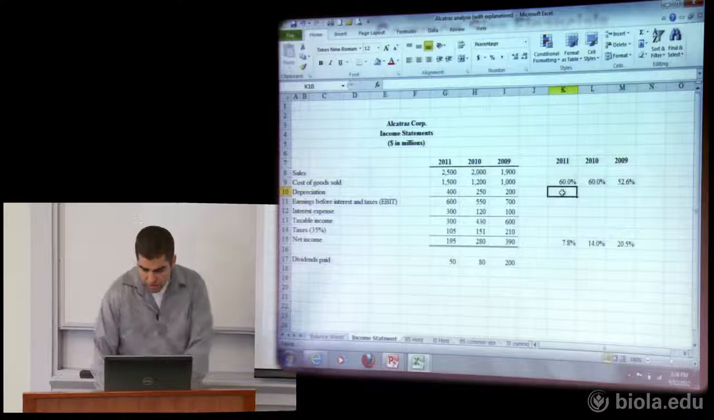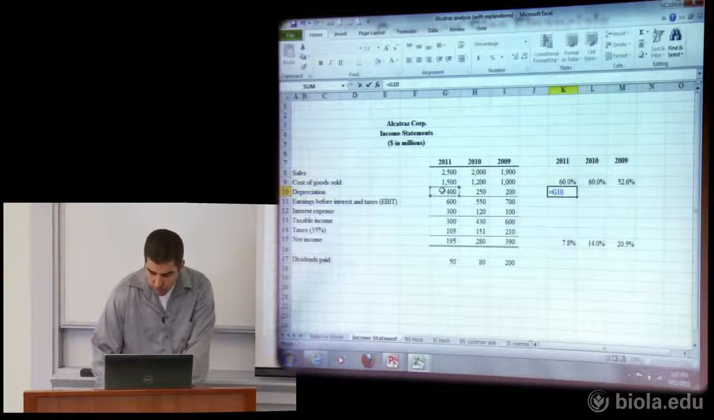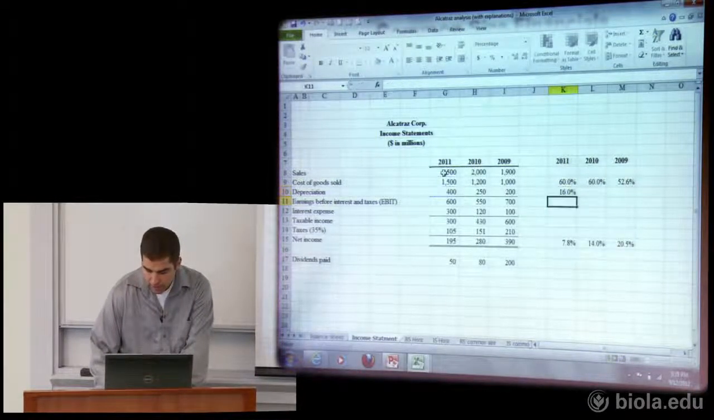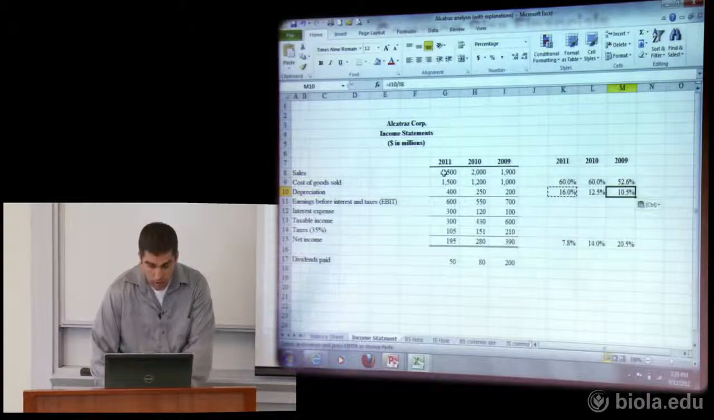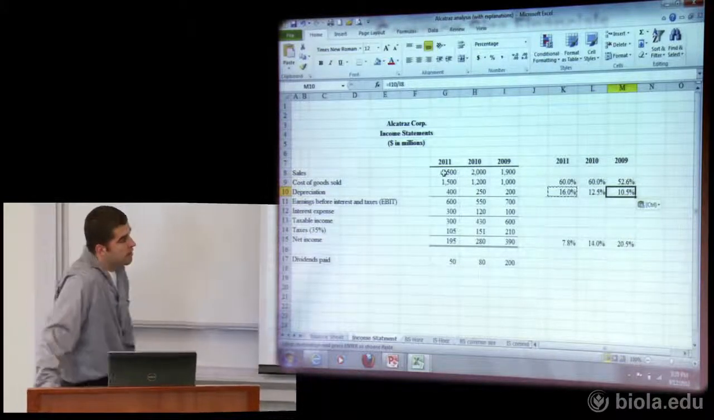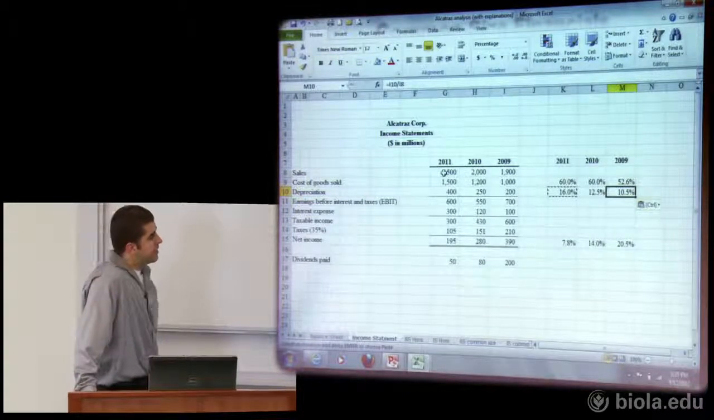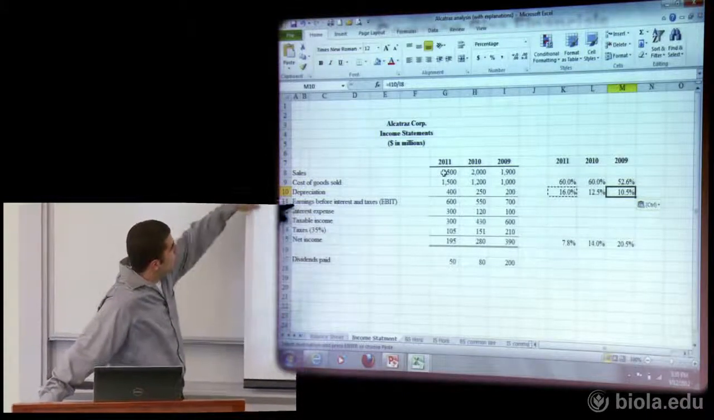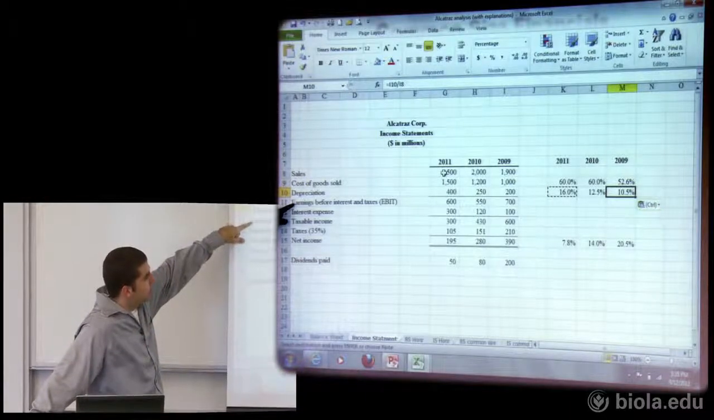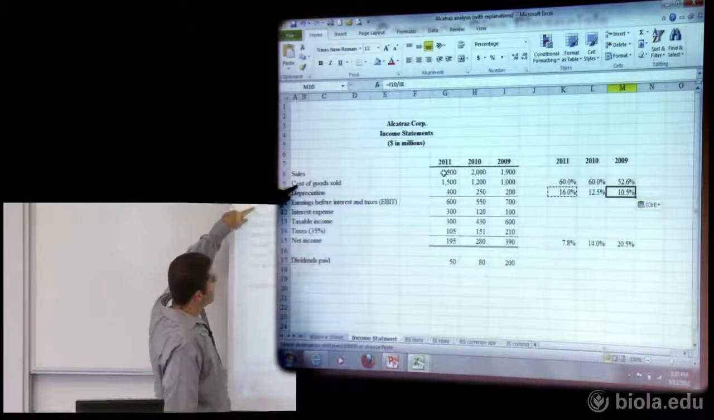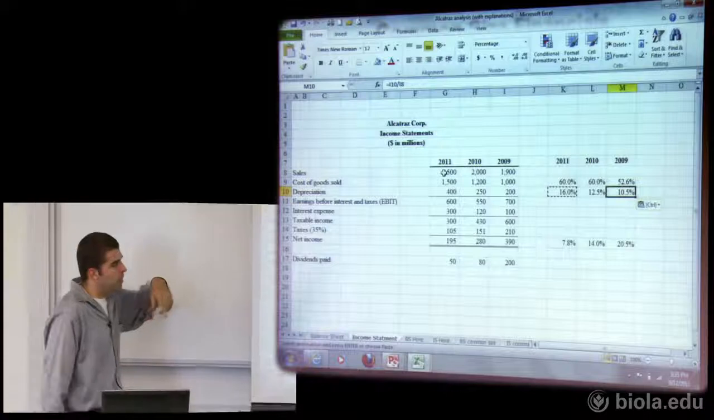Let's take depreciation. I was going to calculate that. 400 divided by the sales. I'm going to copy that cell over. Okay, so you can see the depreciation is going up quite a bit from 10.5 cents of every dollar to 16 cents. You see that I'm not really looking a whole lot at our subtotals. I'm not doing anything with EBIT. That's a subtotal, which is sales minus cost of goods sold minus depreciation. Not really doing anything with